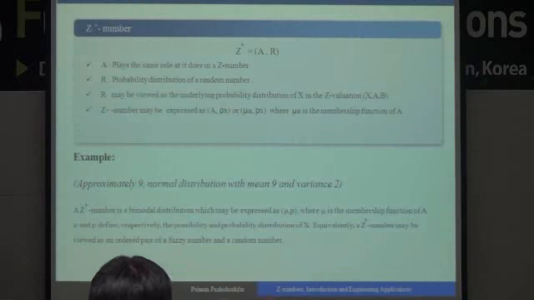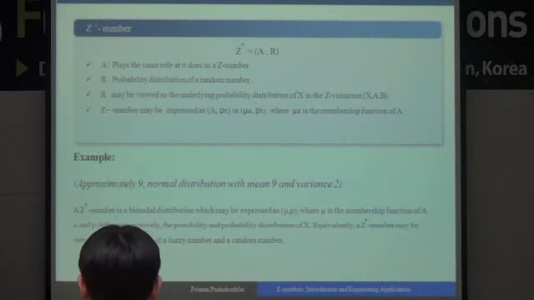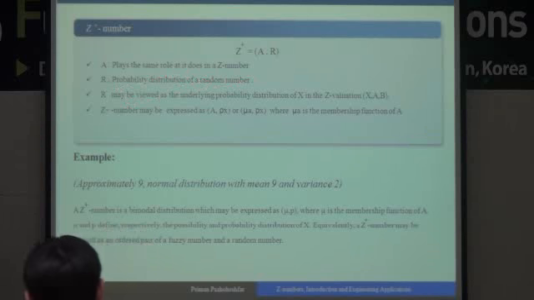Professor Zadeh introduced another concept by the name of Z plus number. Why does he say Z plus number? Because it's a second number. The first component is restriction, and it plays the same role in the Z number. But here the second is not reliability, it's the probability distribution of a random number. And actually it gives us more information about a Z number.